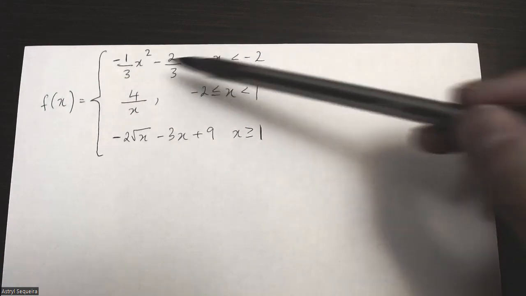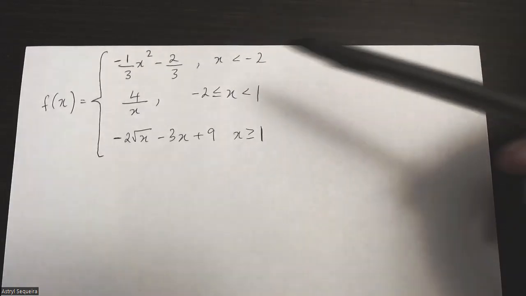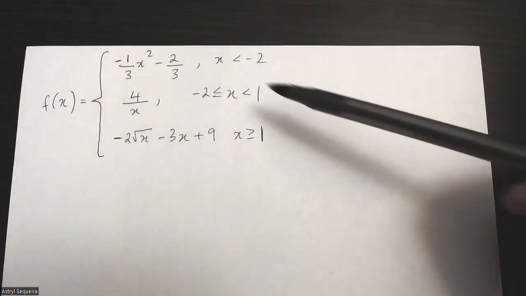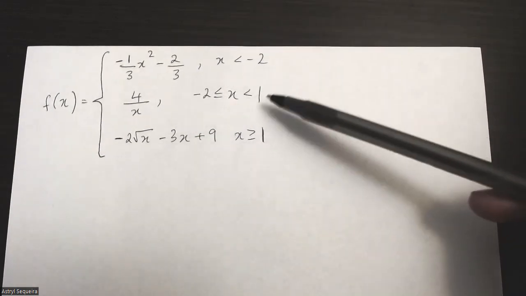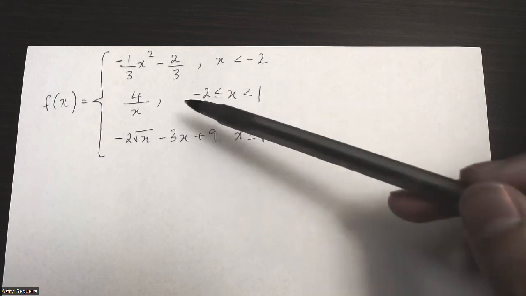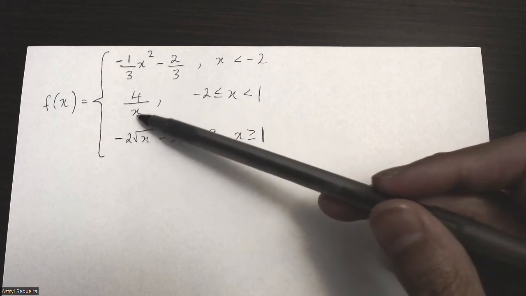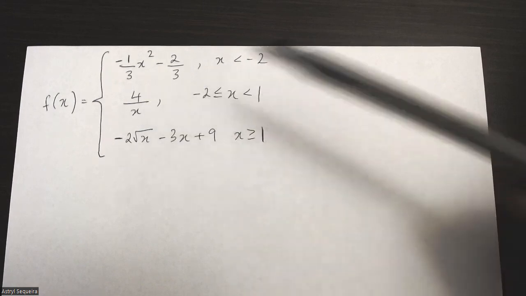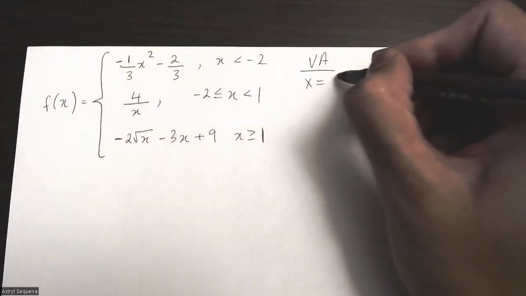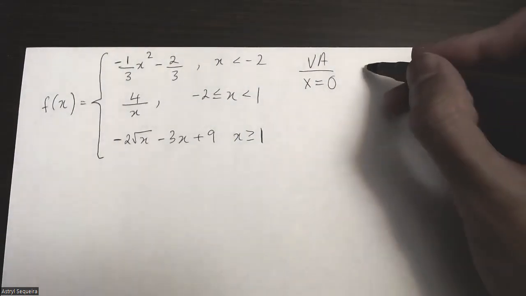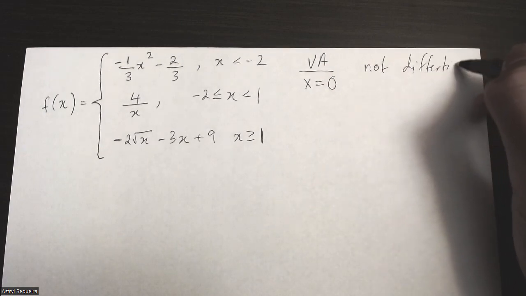This function is basically differentiable everywhere. Quadratic functions are differentiable everywhere, so no restrictions for that one. Next, I have a reciprocal function between -2 and 1. We know that a reciprocal function is not differentiable at the vertical asymptote. And for this function, we have a vertical asymptote at x equals 0, which means that the function is not differentiable